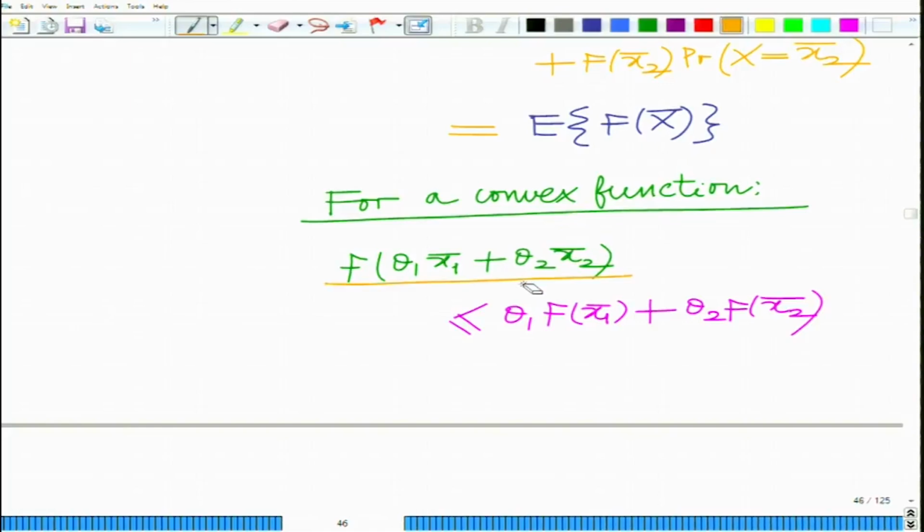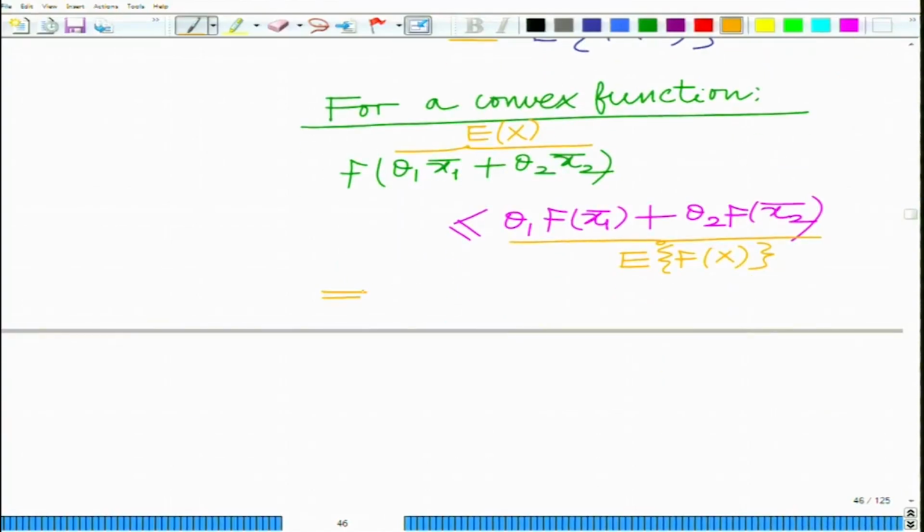Well, what is this? This we have seen is expected value of x, and this is expected value of f of x. Therefore, we can represent this same thing as f of expected value of x is less than or equal to